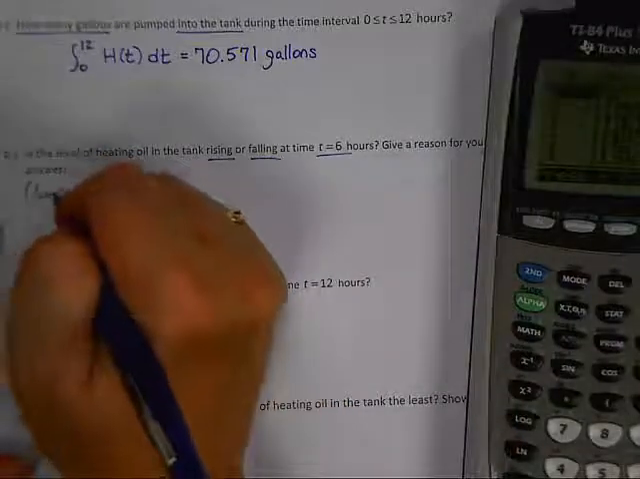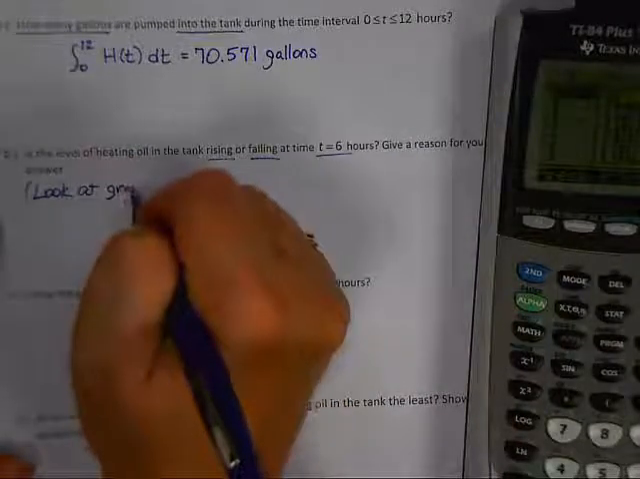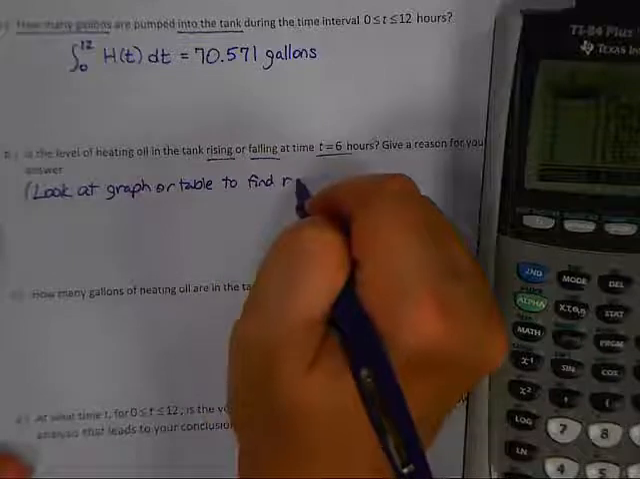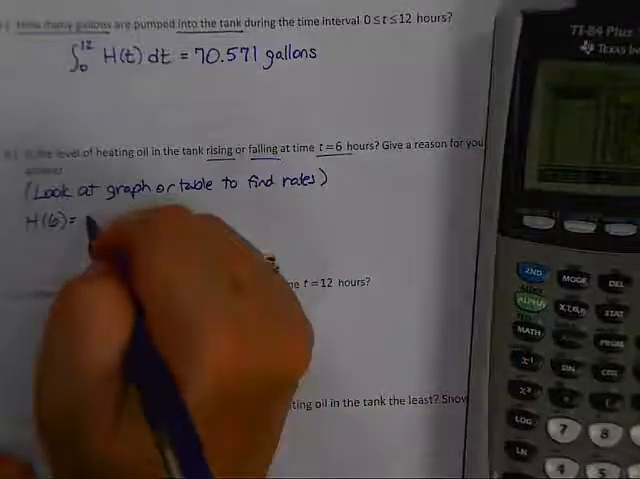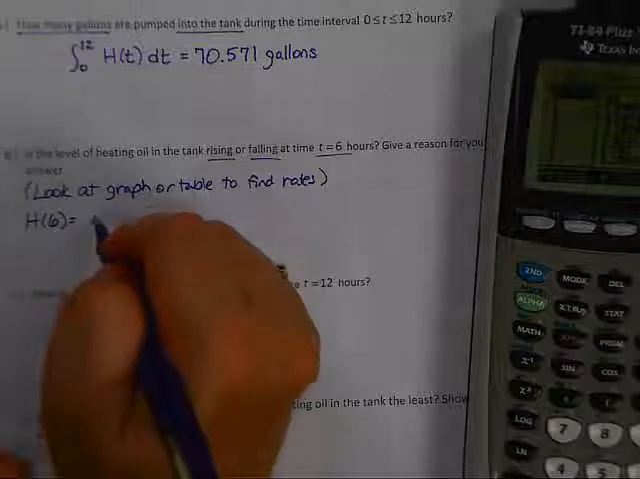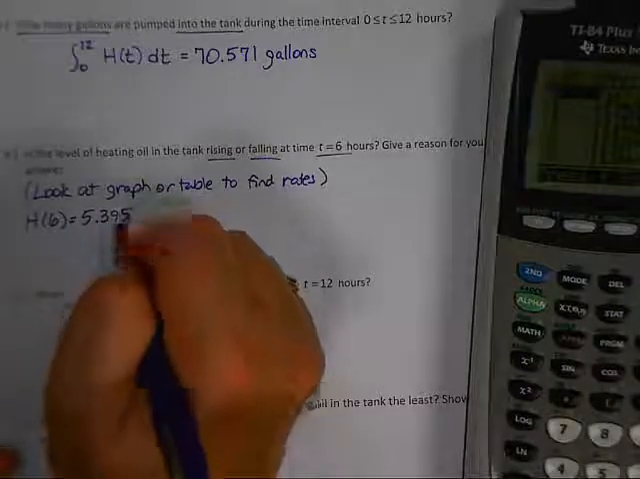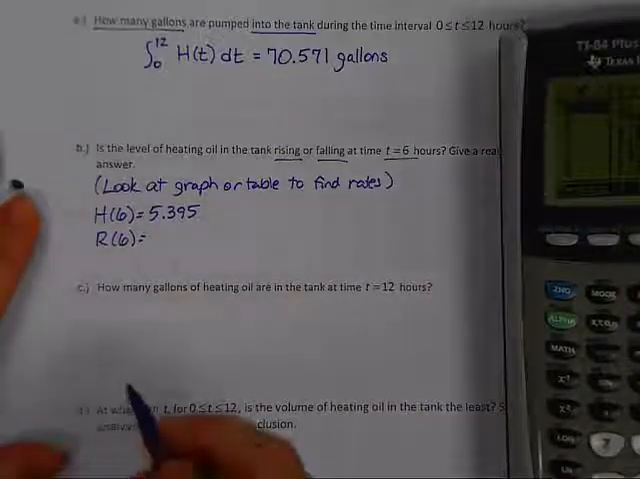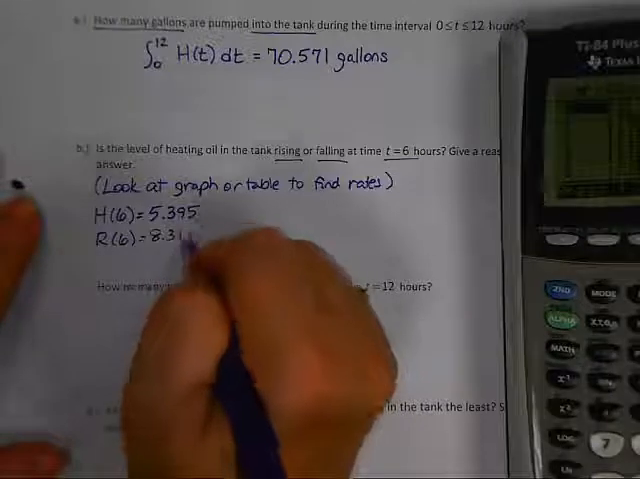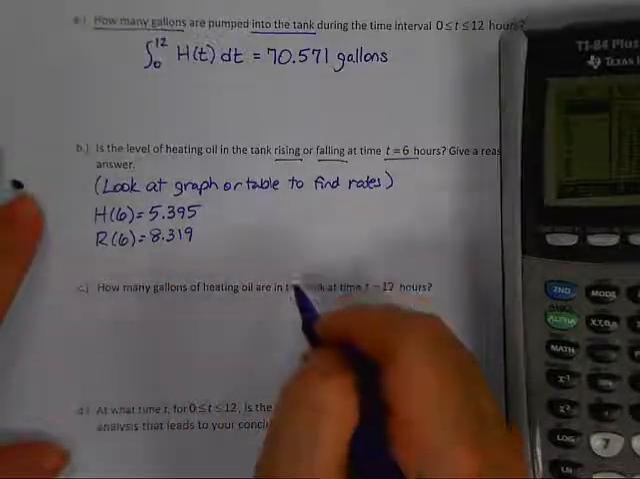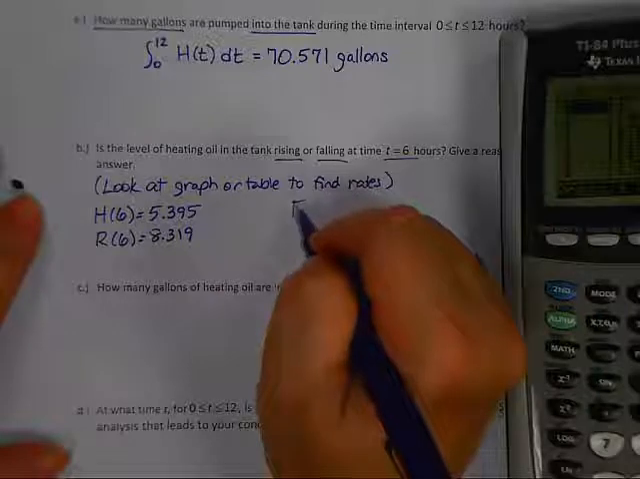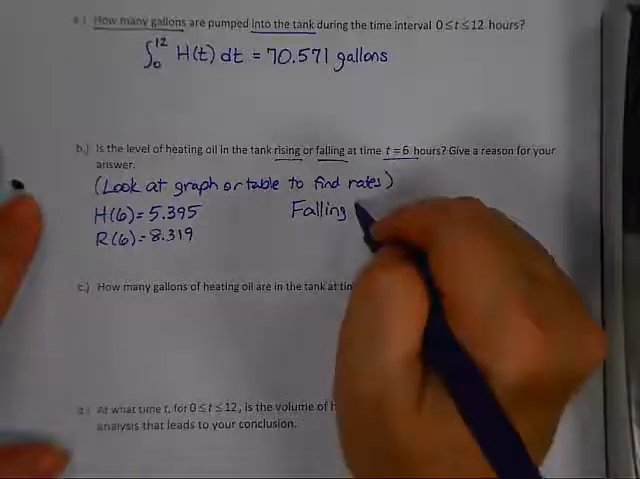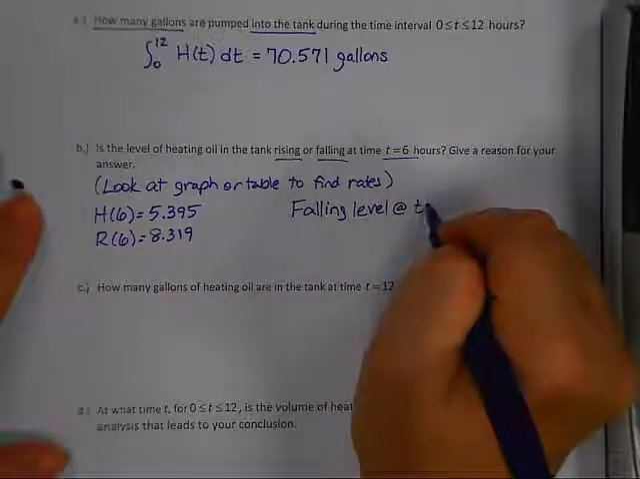So look at the graph or table to find the rates. So H of 6 is 5.395. R of 6, or can you see what I'm writing? Barely. Is 8.319. And so the level, it has a falling level, kind of writing this backwards, but that's okay. At t equals 6